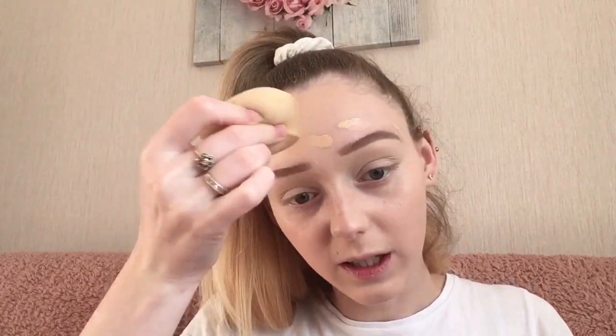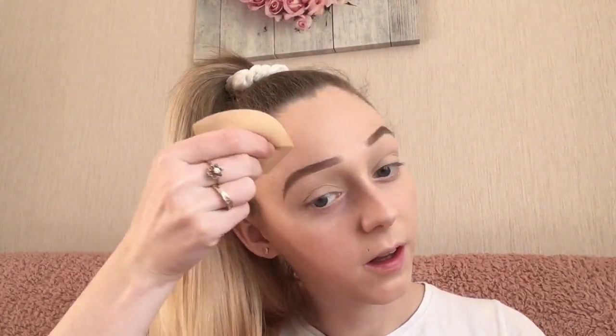So hopefully it gets better. I've just gone round the top of my eyebrows with some of that shade to carve out the top. In the video that she did with Jamie Genevieve, they were both doing their makeup, and she was just using her hands to put it on, basically just rubbing it in on her face. So maybe if I try that, I'm not holding out hopes because I hate putting foundation on with,